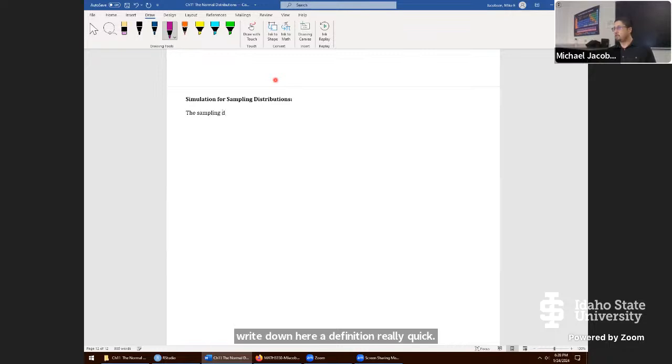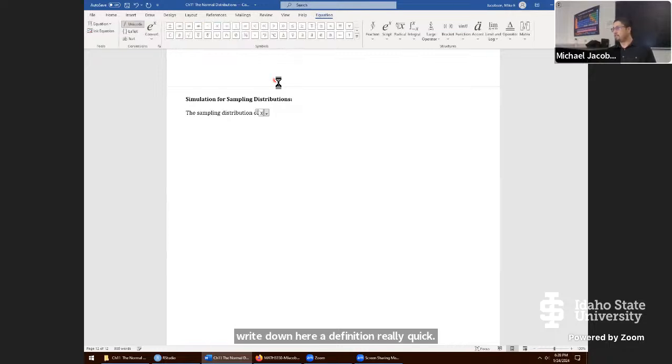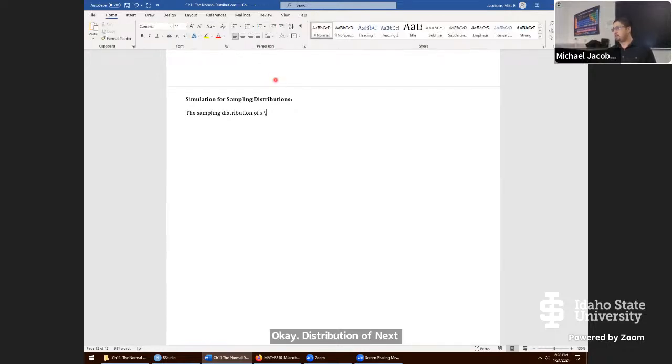The sampling distribution of X bar is a probability distribution, much like the normal distribution we were just working on. So it's a probability distribution that specifies all possibilities